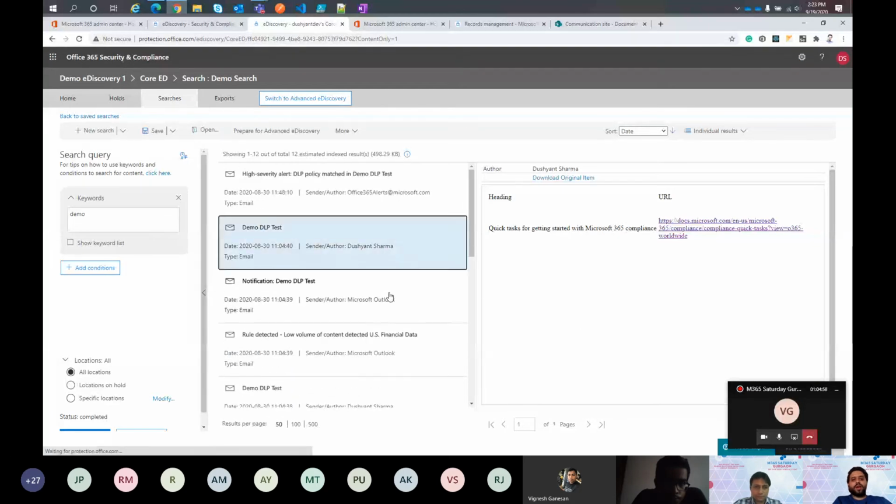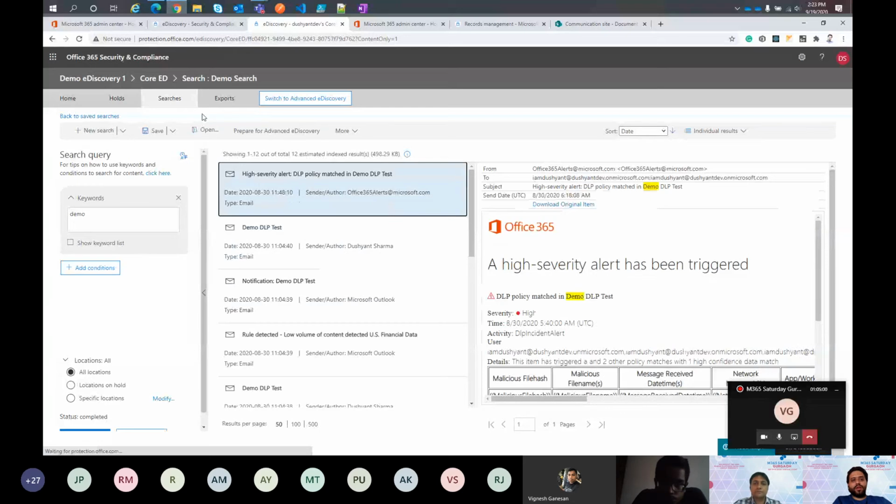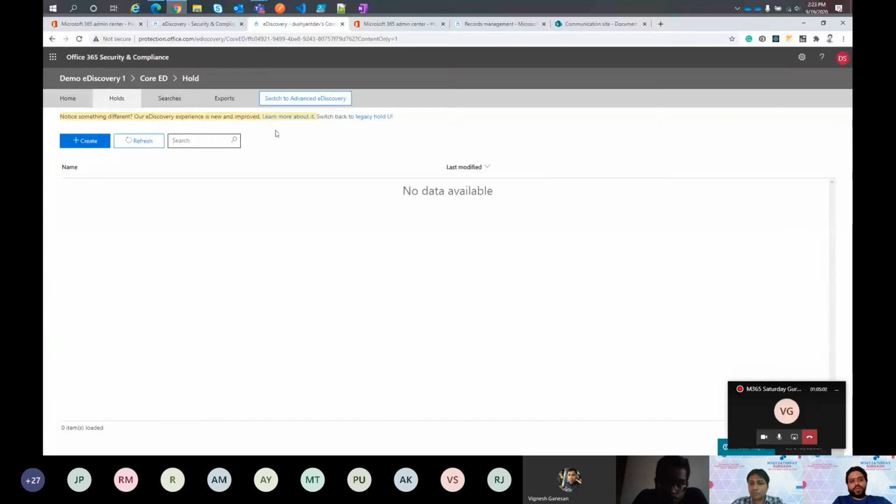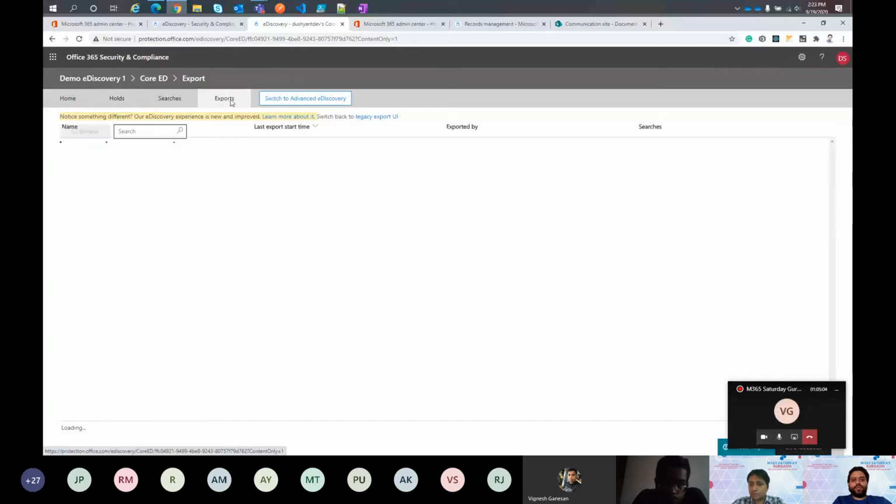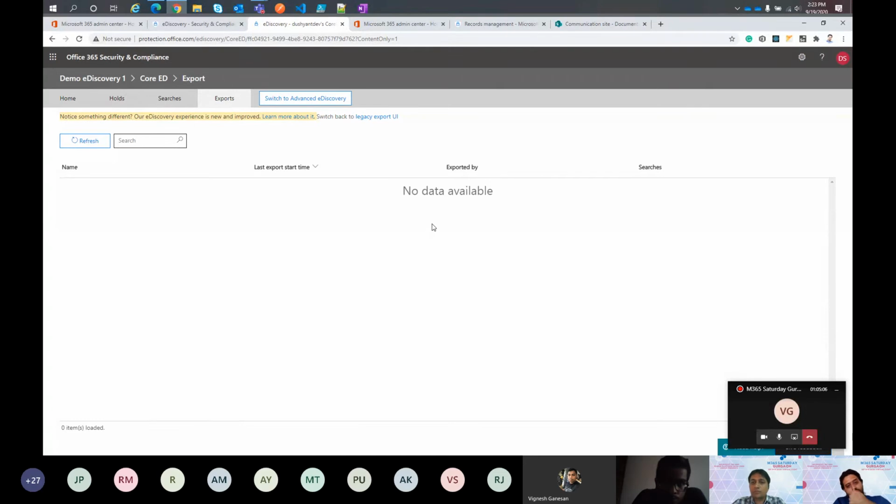Then we can select our particular cases, put some holds, and after that we can export those data, and we can fulfill the requirement of what information we have in the tenant for the particular employee or the client which they have requested.